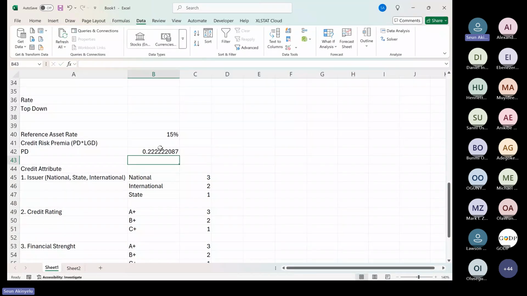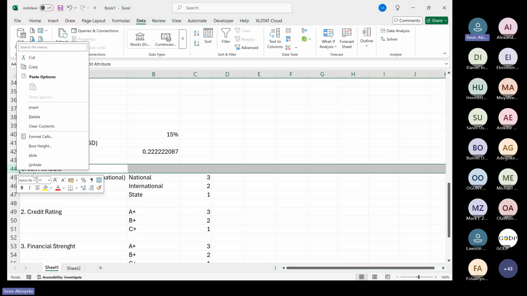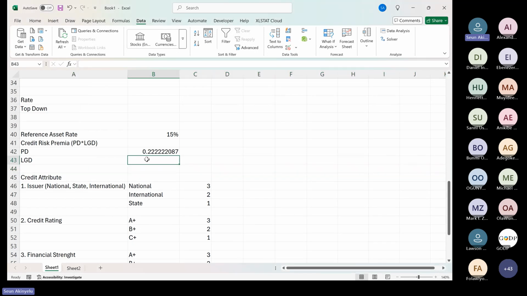That is the PD. I also need to calculate the LGD. Because of our time, I think I will not calculate LGD. I can just calculate it for you using the same data. LGD is 1 minus recovery rate. Put in another way, it is exposure at default minus PV of recoveries over exposure at default. It's very simple. However, because of our time, let's go on so that I can still do a couple of things more. So let me just assume an LGD.